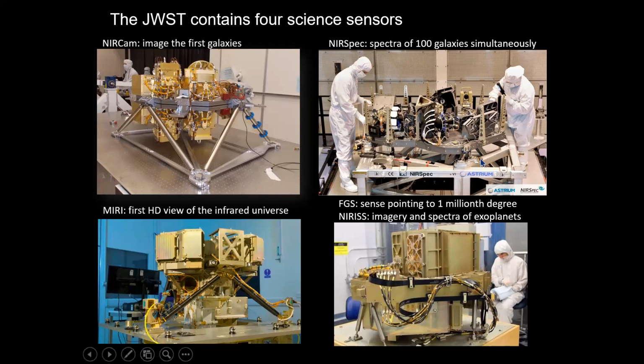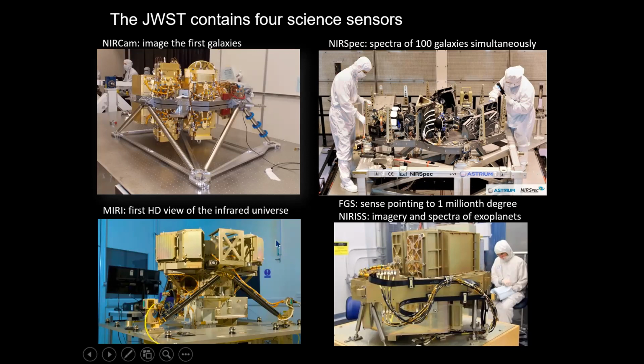And that was an important requirement for the JWST because those faint galaxies are very faint. And so it takes a long time, long exposures, to obtain spectra of them. And if we had to observe them just one at a time, we wouldn't be able to get an adequate sample size within the life of the mission. So this instrument was a partnership between the European Space Agency and Goddard Space Flight Center. And it's a very unique instrument, and it'll be key to obtaining spectra of a wide range of objects that JWST will